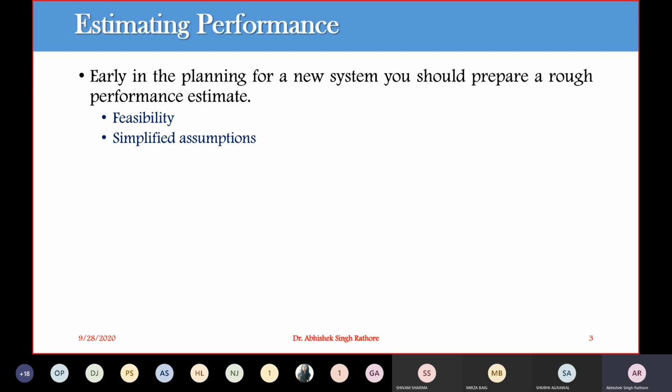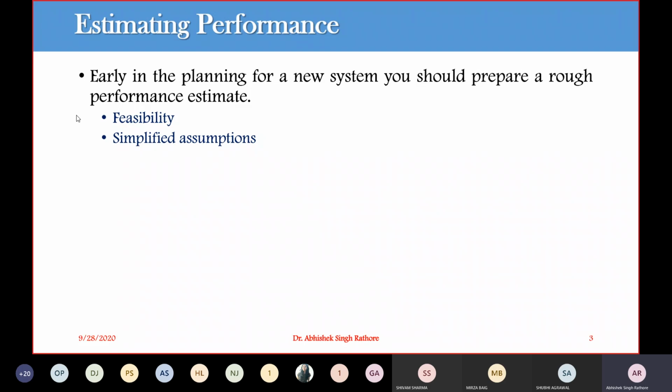How many customers will be served by a particular ATM machine on a busy day, or during peak hours of business transaction time? This is how you make simplified assumptions, and these assumptions are just your guess, your experience, your common sense, or just an approximation.